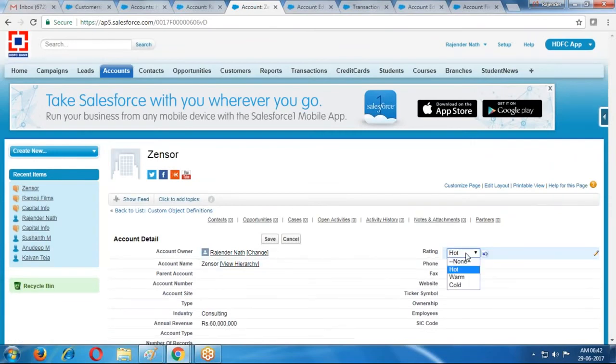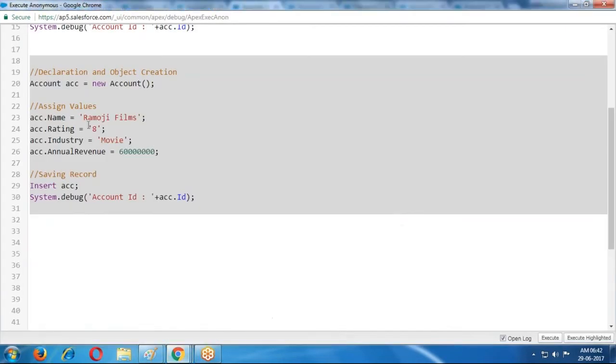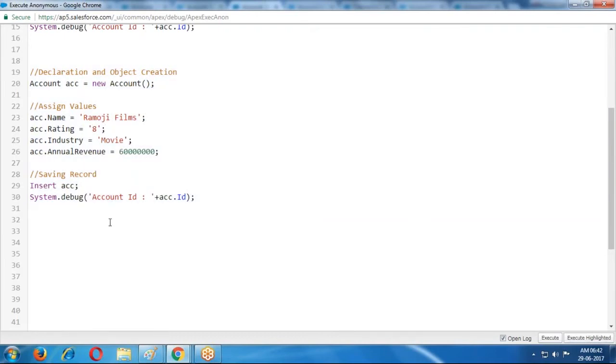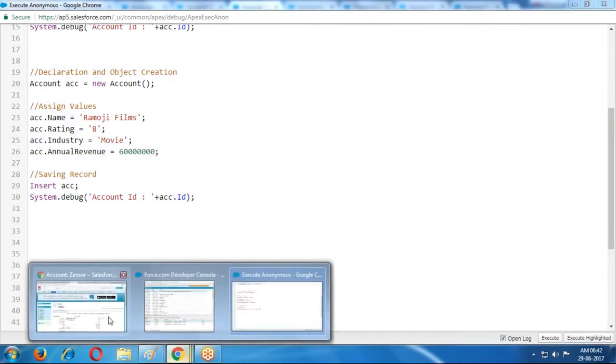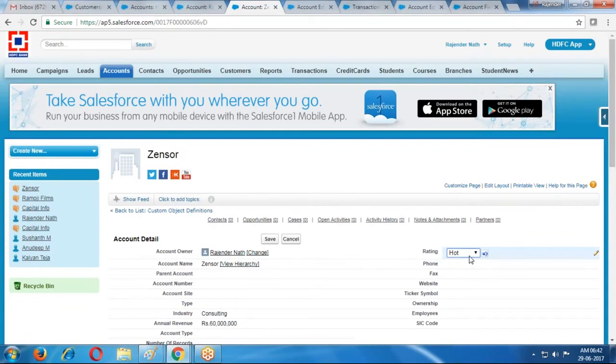The old value that you provided programmatically cannot be visible here when we refresh, because the pick list contains only the existing values. Whatever values are in the pick list, only those values it displays. But when we provide a value programmatically for a pick list field, it is shown by default. But if I modify it, it is not available.